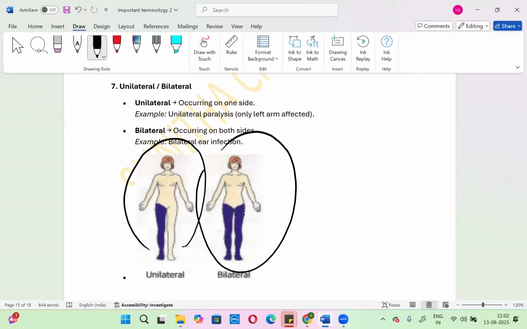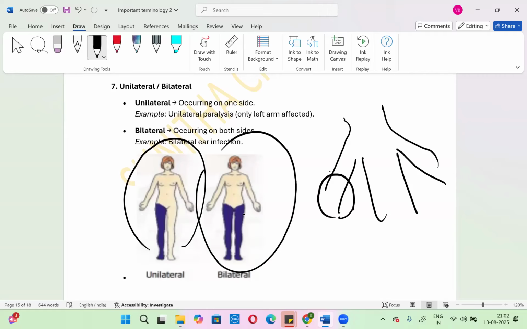For example, a patient has undergone some surgery on the hand. So only one side they are doing. Generally, we will tell it like that, but the provider uses the language "unilaterally, I have done the procedure." That means only one side they are doing the surgery. What about bilateral? The surgery was done on both the sides, right side and left side. So both the sides, the surgery was done. This is about the unilateral and